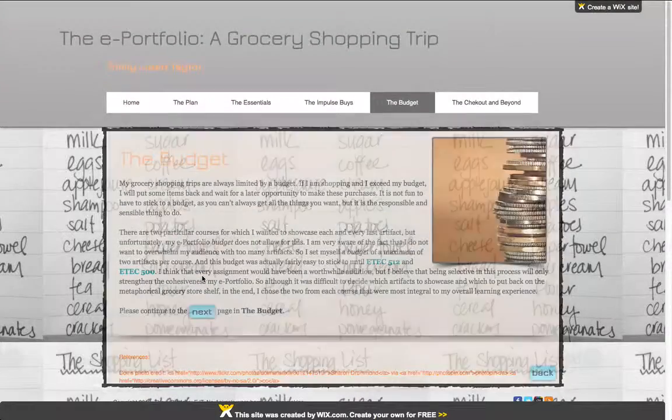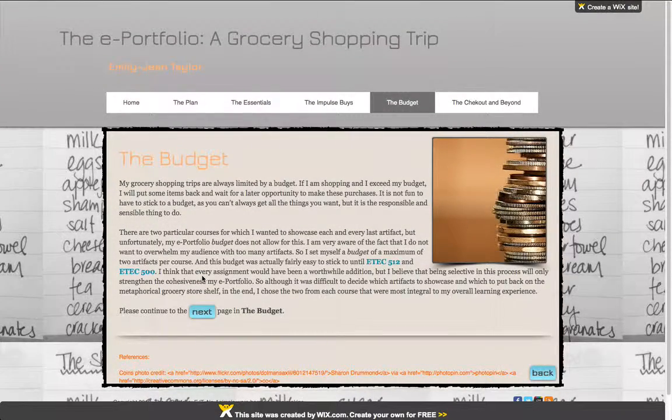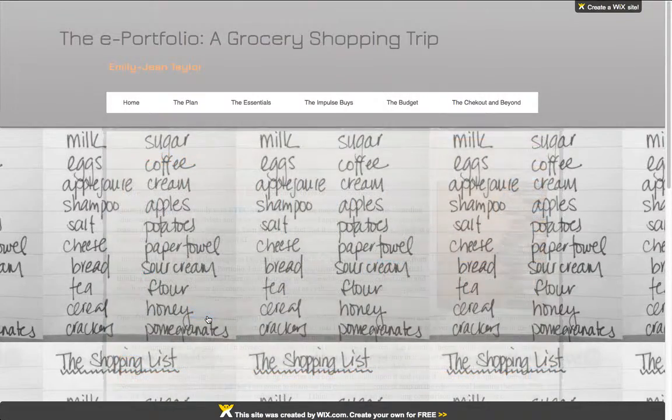The next section is the budget. The budget of a grocery shop is a reality, and my portfolio also has a metaphorical budget. I had decided that in an effort not to overwhelm my audience and to make my e-portfolio more cohesive and concise, that I would only include a maximum of 2 artifacts per course. Therefore, in the budget, I describe both ETEC 512